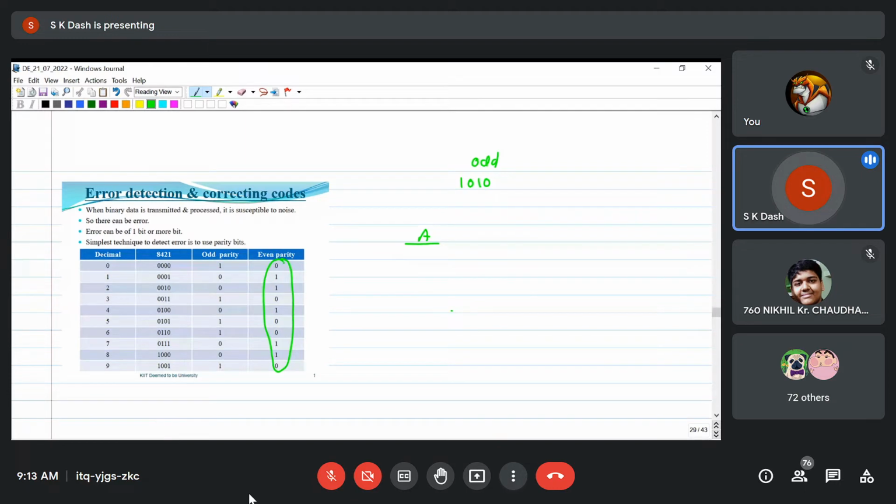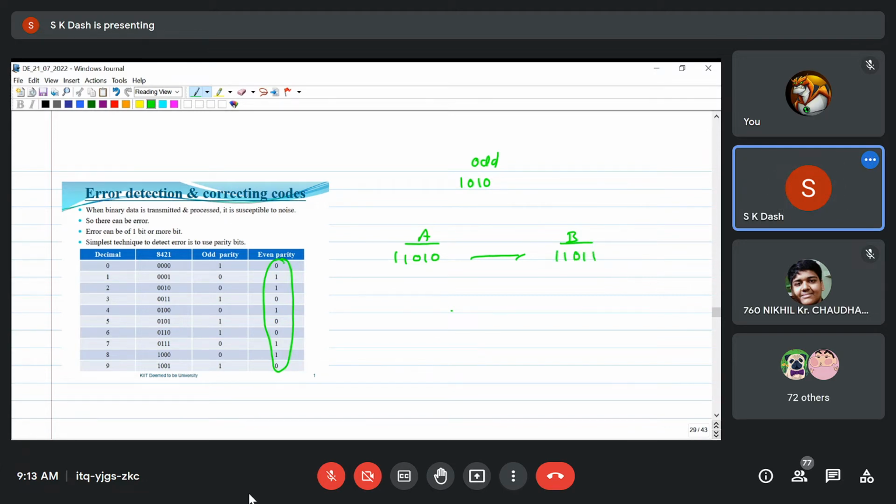If it is 1010, then 11010. I need to add 1 because two ones are there. To make it an odd number, 1 needs to be added. So this will be 11010. Now this data needs to be sent to place B. Now in place B, suppose I received